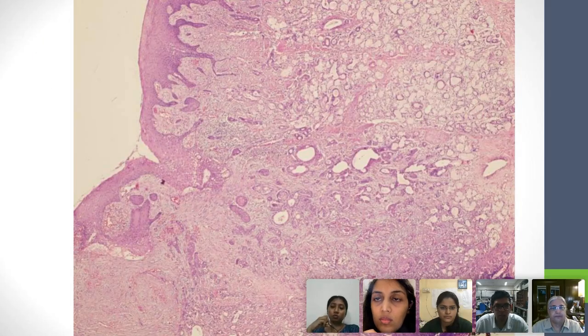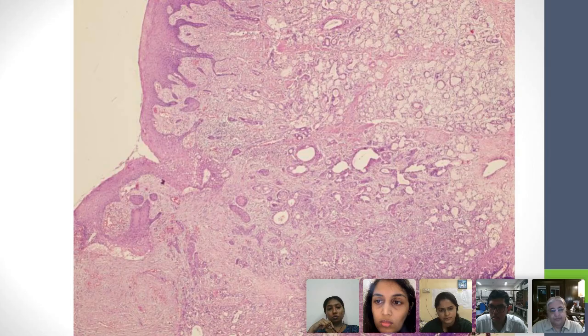Okay, Ashish, come on. On this power, I can see the normal squamous mucosa overlying it. On the right upper hand, there are normal salivary glands, minor salivary glands, and there is an ill-defined lesion in the subepithelial tissue. Okay. Forming glands. Anything else? Ill-defined lesion in the subepithelial tissue. Okay. Glandular lesion, that's what you're calling it. Why are you calling it glandular, Ashish?